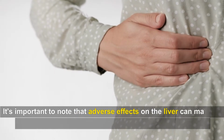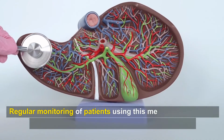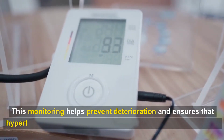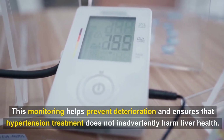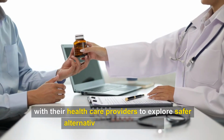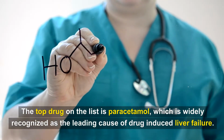It's important to note that adverse effects on the liver can manifest up to 12 weeks after initiating treatment with methyldopa. Regular monitoring of patients using this medication is crucial to promptly detect any signs of liver impairment. This monitoring helps prevent deterioration and ensures that hypertension treatment does not inadvertently harm liver health. Patients with a history of liver diseases should engage in discussions with their healthcare providers to explore safer alternative treatment options. The top drug on the list is paracetamol, which is widely recognized as the leading cause of drug-induced liver